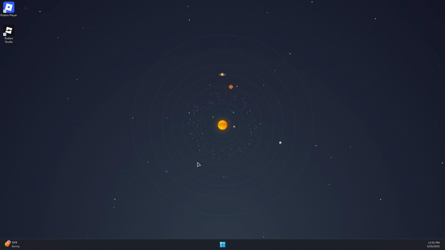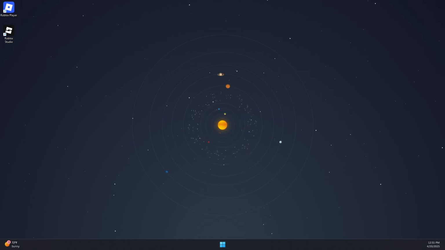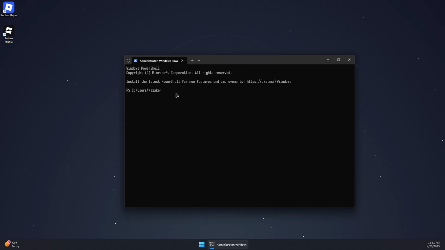Now you should go back to your CMD or run CMD as admin. And then you can simply type the following command, which is DISM /online /cleanup-image /restorehealth, and then you can simply press enter, and that should run the command without any problems to fix